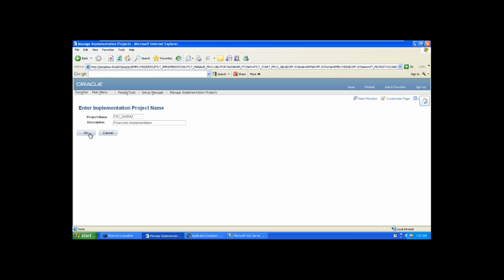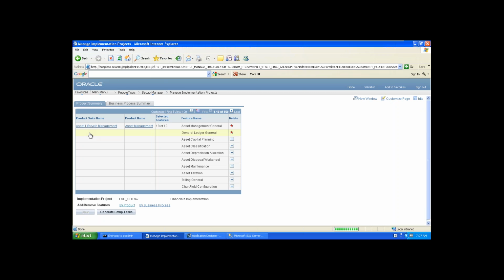Once you create the project, you have to initiate the process. Initiating the process means if you click this button, it will initiate an Application Engine process. That process will run by the process scheduler. Do you know what is meant by the process scheduler? What did you say? Process scheduler.